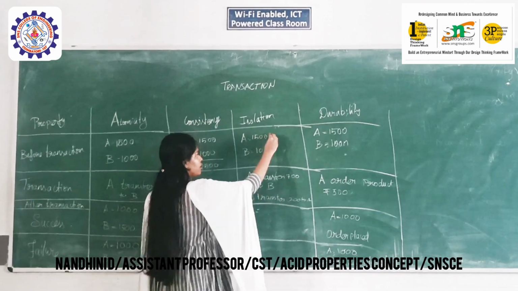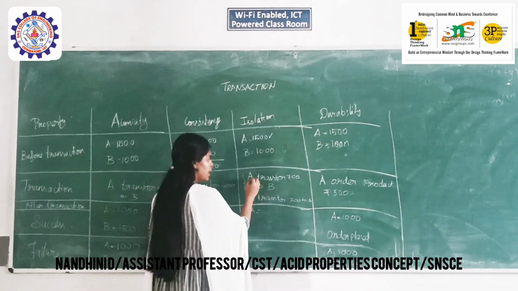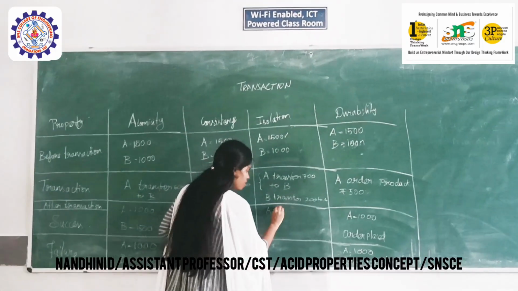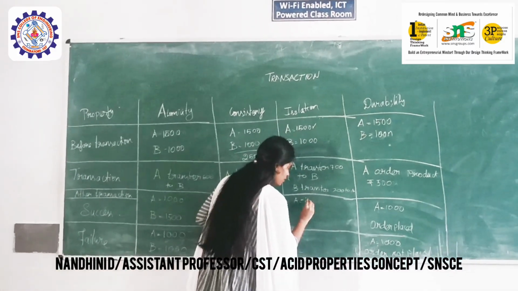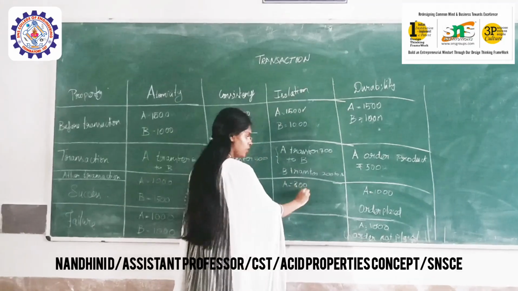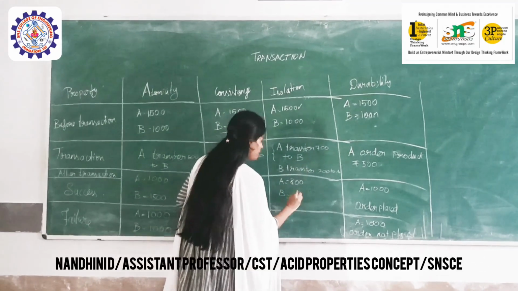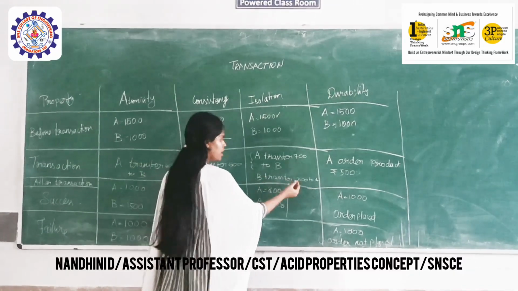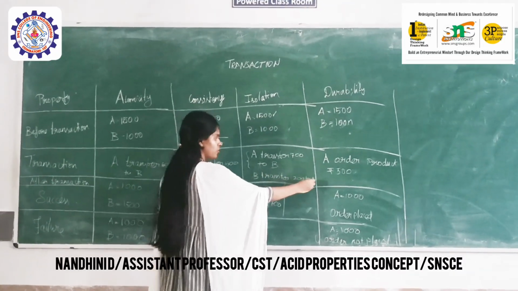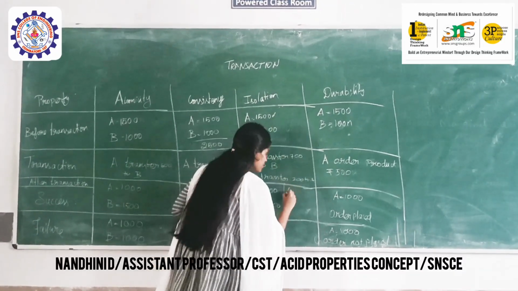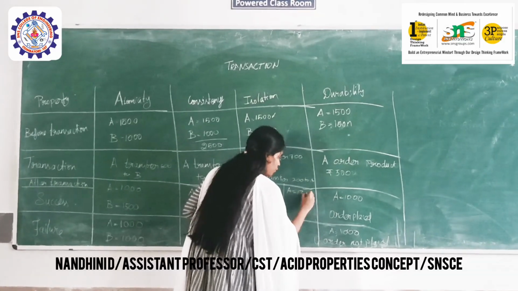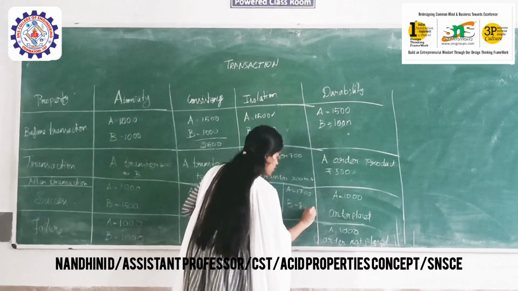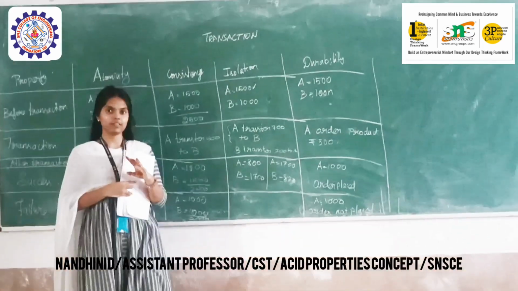Either the first statement, that is A transferring 700 to B, so A will hold 800 and B will hold 1700, or else B transferring 200 to A, so it will be modified as A holds 1700 and B holds 800. So when a number of transactions are taking place,